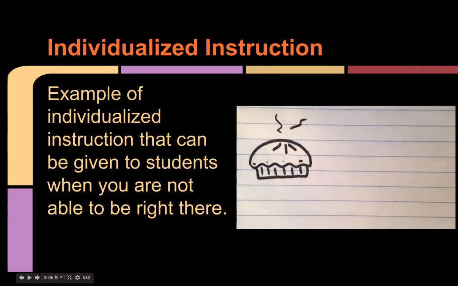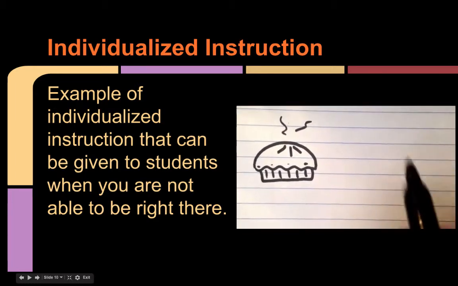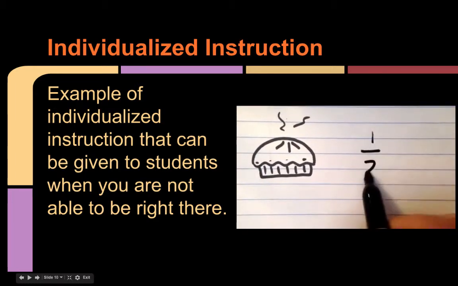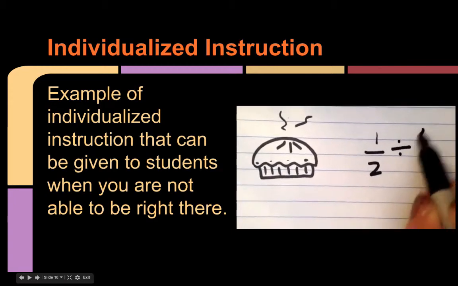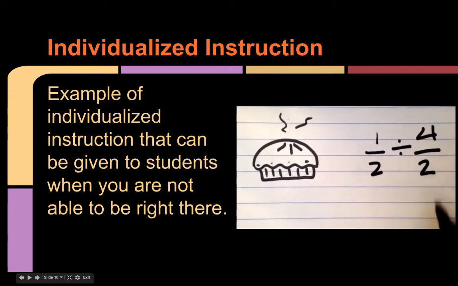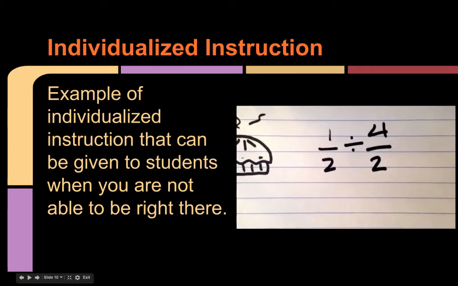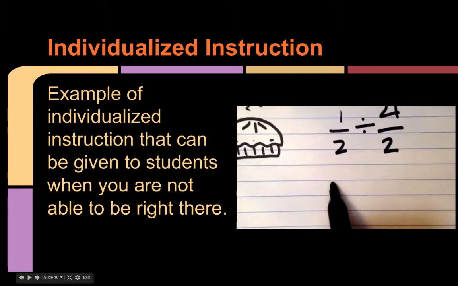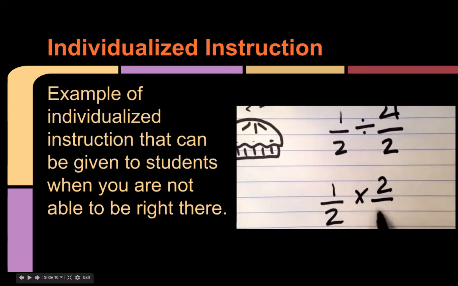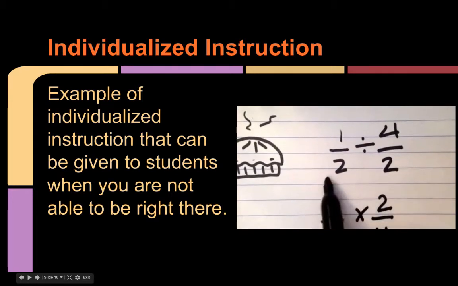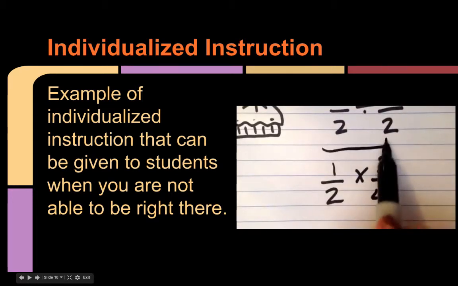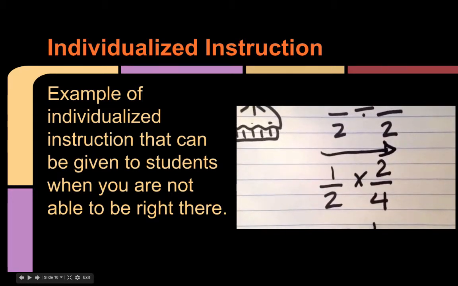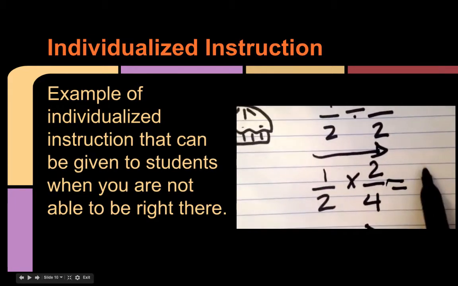So dividing fractions is simple as pie. What we're going to do is we're going to flip the second and multiply. And then we go, just like we did before, straight across the top and straight across the bottom. And that's going to equal